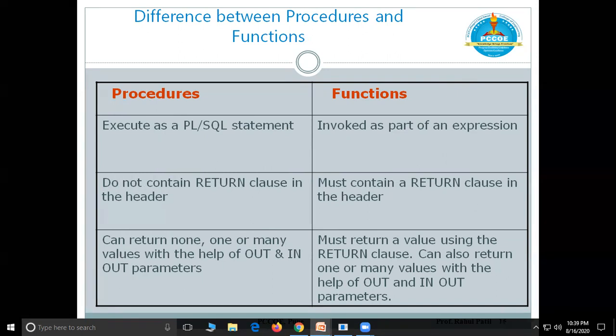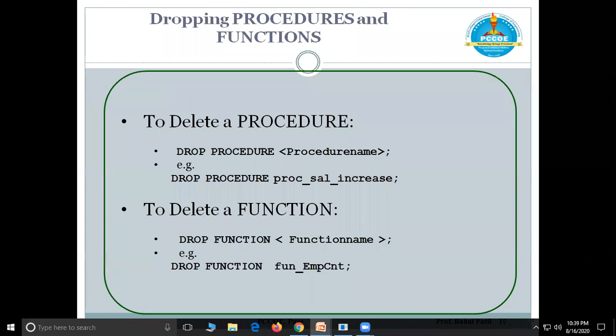To return values by a procedure, we need out and in out parameters. But a function must return a value using the return clause. It can also return one or many values with the help of out and in out parameters, so that can also be used in the function. So that is the basic difference between the procedure and function.